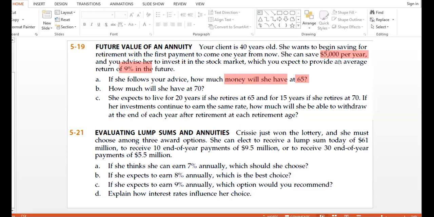So this 5,000 is your PMT, 9% is your interest, that is I. Future value of annuity is required. And what about N? What is N? How can we calculate N? N is equal to